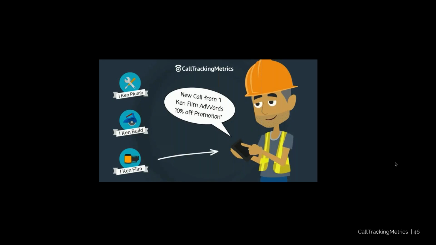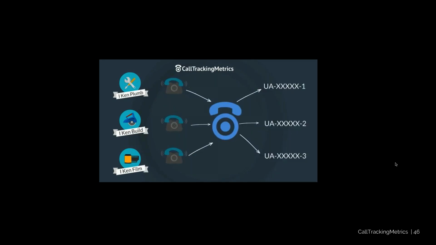CallTrackingMetrics will identify the Google Analytics profile on the web page and send the event into that profile, even if it's different from the profile connecting CTM and Analytics. If an analytics property isn't discovered on the page, the event will default into the analytics profile that's linked to CTM. This is extremely helpful for small businesses who want to use one CallTrackingMetrics account but send events into multiple Google Analytics accounts.